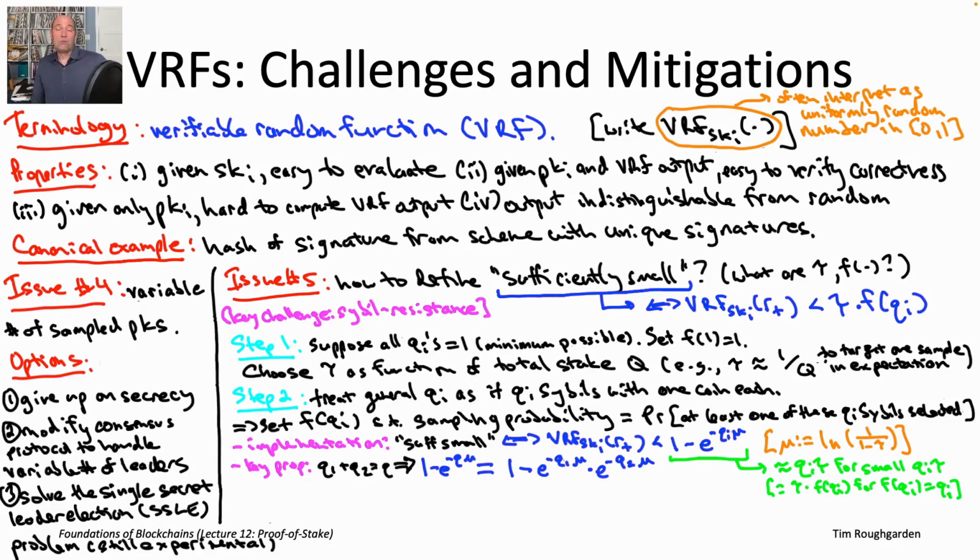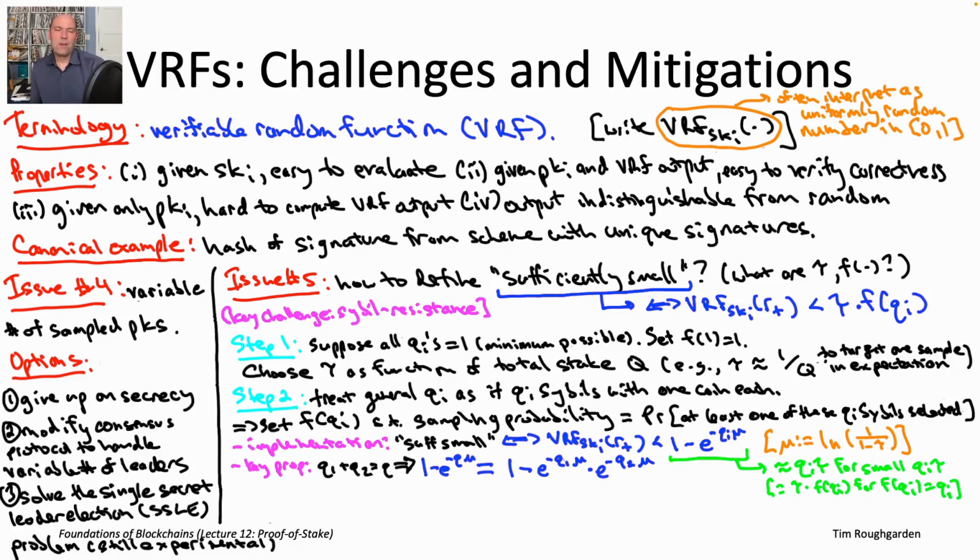So this formula confirms the Sybil resistance property we were expecting. That it really doesn't matter if you split your stake or not. The probability that at least one public key under your control gets sampled is going to be the same no matter what you do. We, of course, were expecting that given the conceptual discussion, given the strategy of just always treating someone with 12 coins, say, as if they were 12 Sybils with 1 coin each.